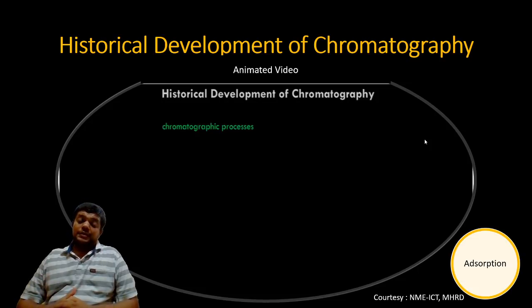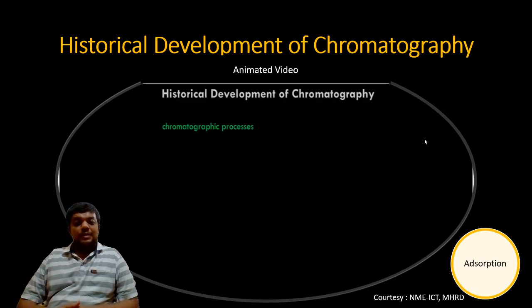Mikhail Tswett, a Russian botanist, came up with the first experiment, which led him to coin the word chroma plus graphein, together coined as chromatography, where his judgment, or rather his prediction, came to be reality. We all know the green color of the leaf is because of the chlorophyll pigment present inside. But he had a judgment that it is not only a green component present inside the leaf, but there might be some other components along with the chlorophyll, and hence he made an ether solution of